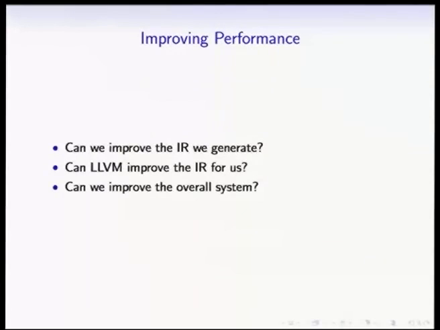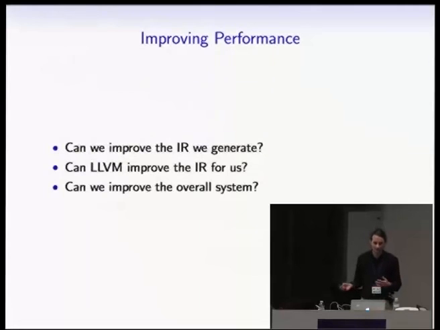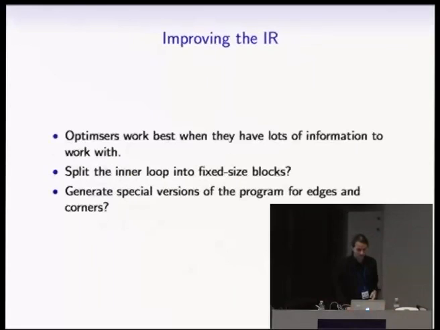So we can do a few things to improve on that which I haven't done here. Maybe we could improve the quality of the IR we generate. For this example, not so much, because the IR is actually pretty simple, because the source language is simple, because I need to explain the language and the compiler implementation in one 45-minute talk. Can LLVM optimize it a bit better? What else can we do? Well,